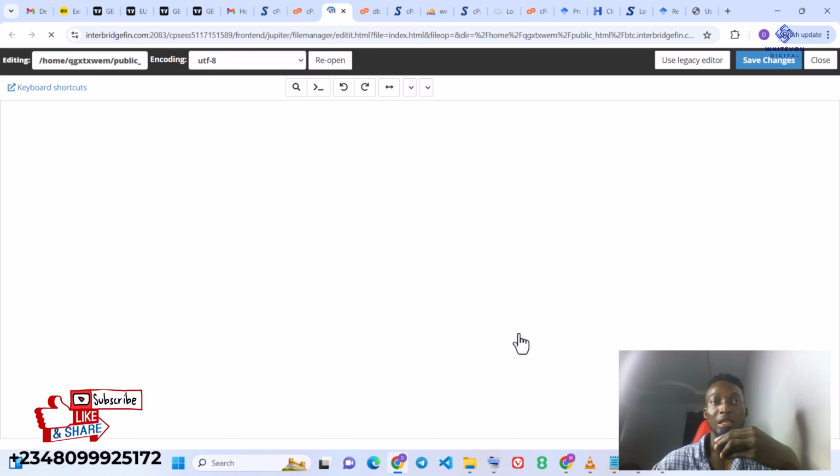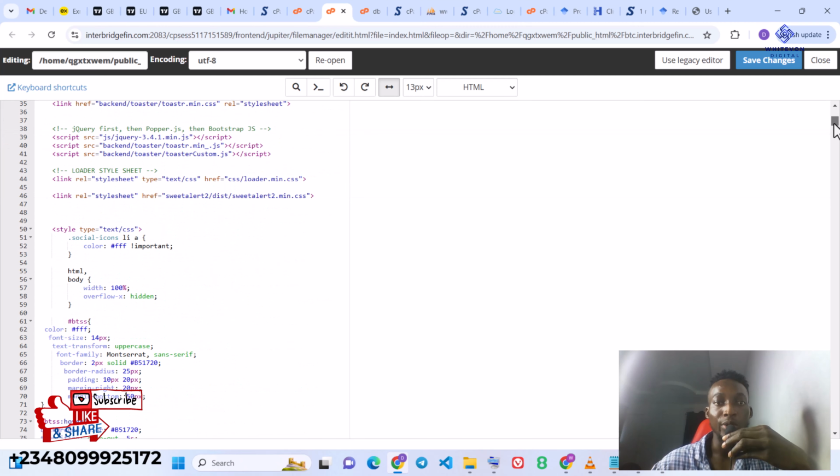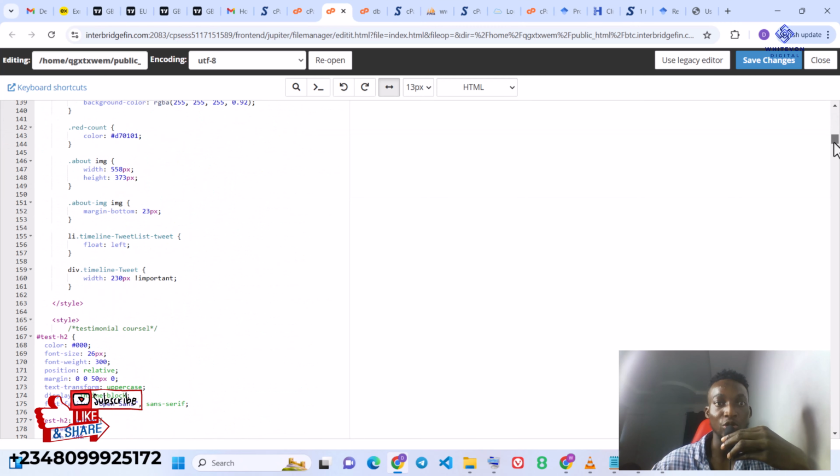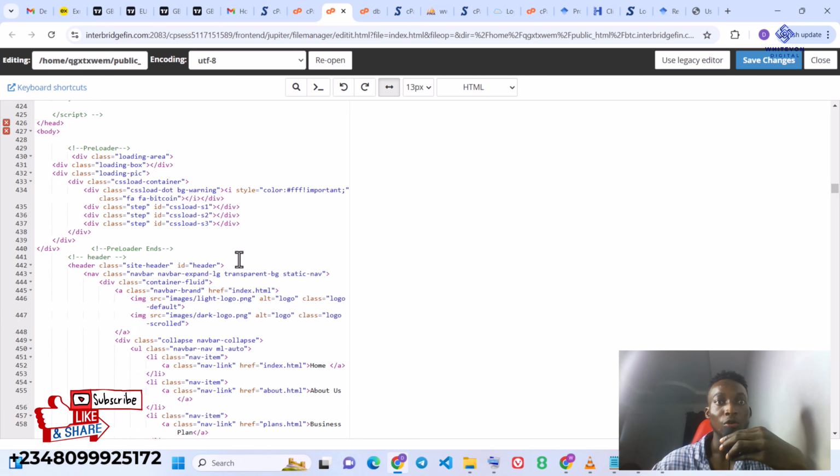I'm going to click on edit again, and this brings me to the source code, and here we have "welcome home", and I can actually change this to BTC. I can also scroll down and locate where the logo is. I'm just going to scroll down and look for the section for the logo. Over here we have images/light logo, and we have images/dark